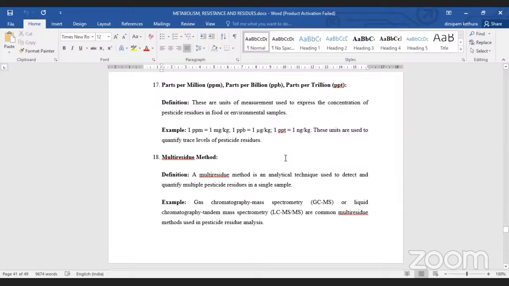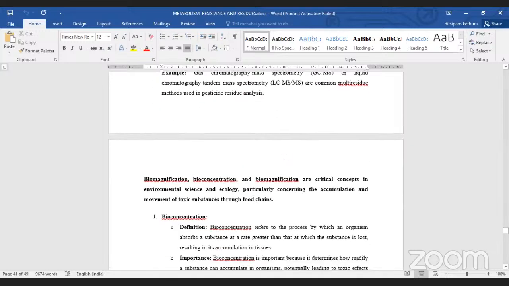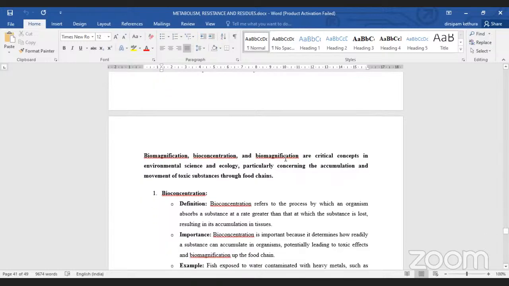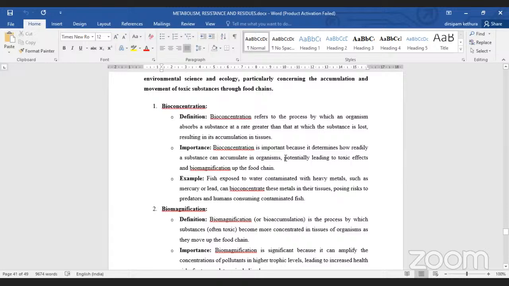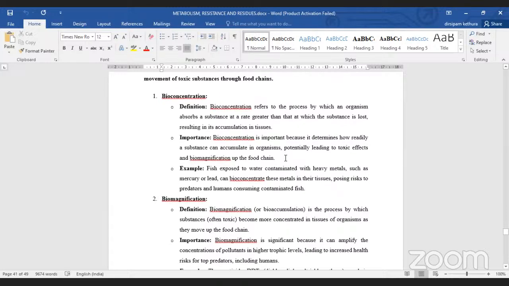And the second one here is biomagnification, bioconcentration, and that's it. 2 things we are going to study now. The first one is bioconcentration. What is bioconcentration? The name itself is indicating it is a process by which an organism absorbs a substance at a rate